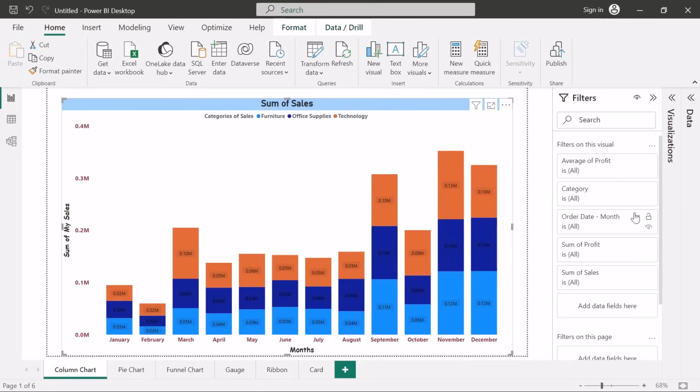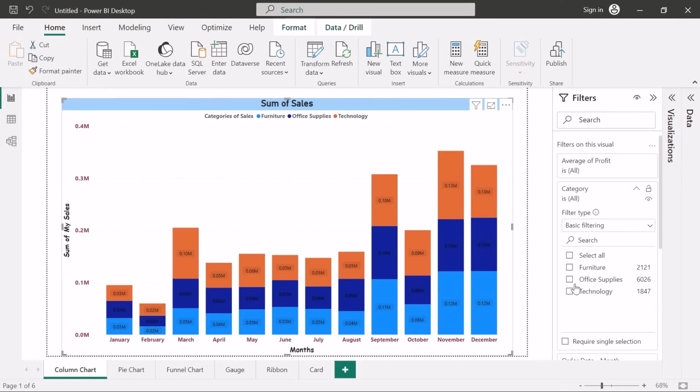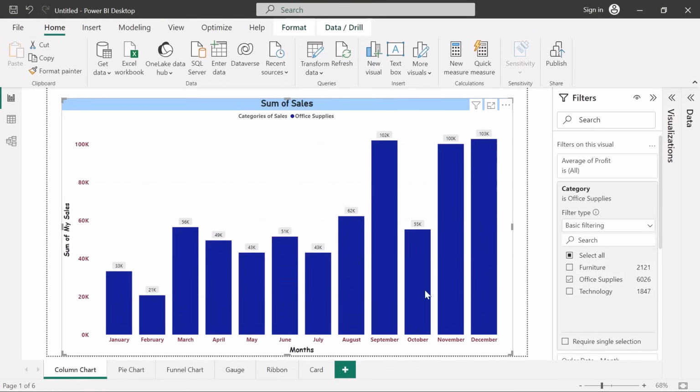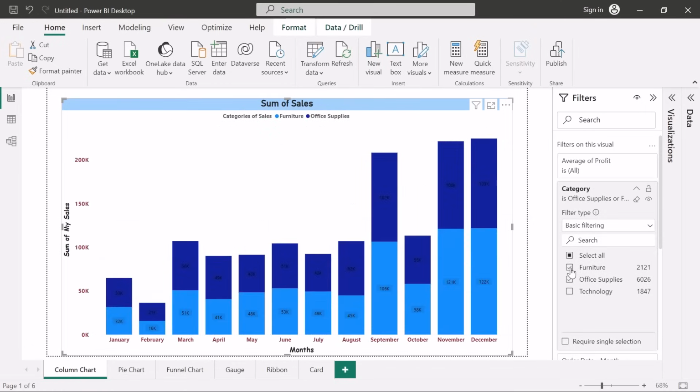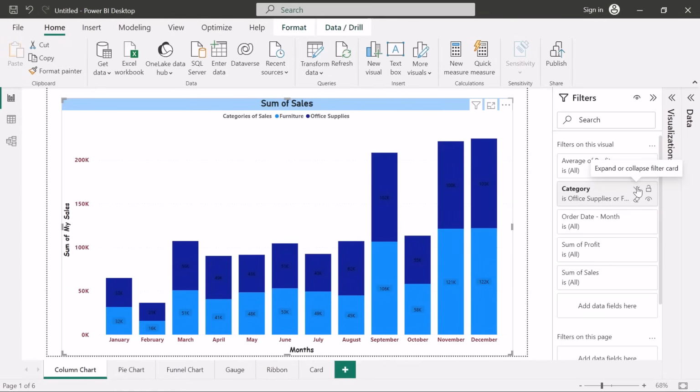What if for the categories, I don't want to display the technology category? I want to display furniture and office supplies only, right? So I'll go to this drop down. It will open up the whole menu for me. I don't want to display technology, so I'll not select technology. I'll only select office supplies, and you can see on the runtime it is changing, and I'll select the furniture as well. Here we go. So this is how our data would look without the technology category. So I'll deselect it, and